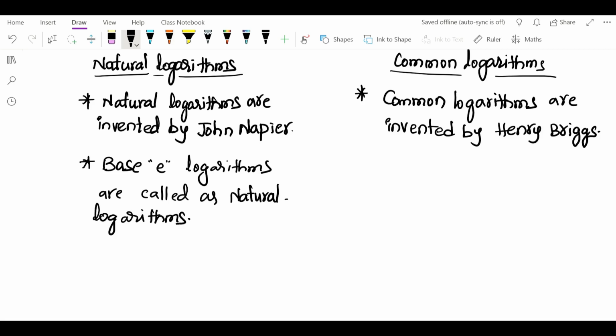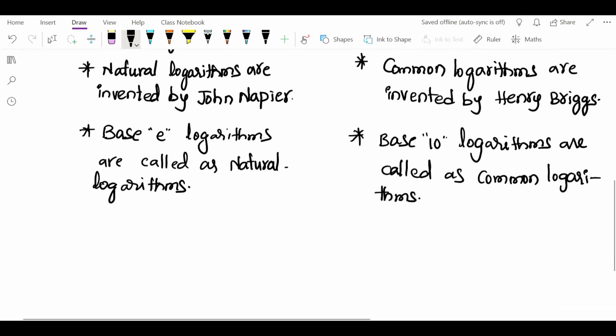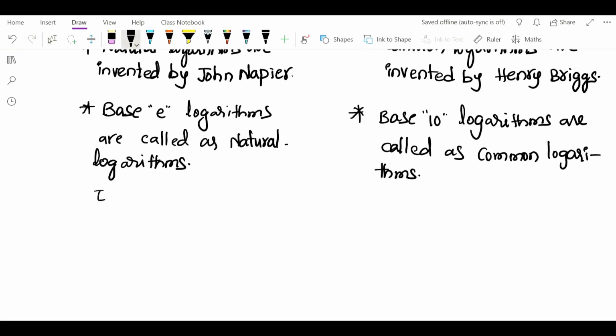Base e logarithms are called natural logarithms. Base 10 logarithms are called common logarithms. Example,